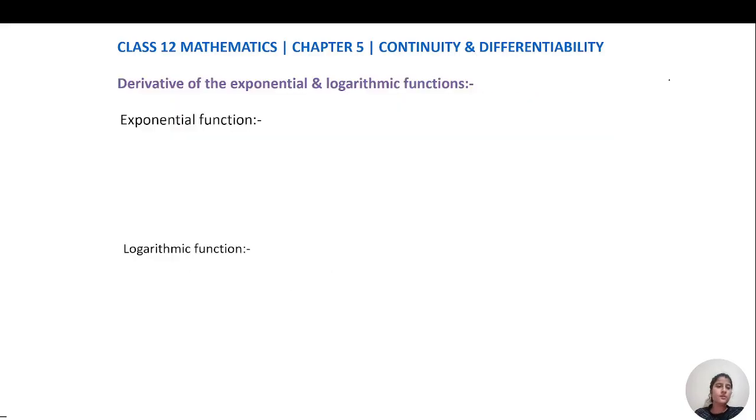Now we have some important derivatives. You will notice in the future, when you go for higher studies, that the derivatives of exponential and logarithmic functions are very important. First we will introduce what our exponential function is and what our logarithmic function is. For an exponential function we always need a base b, which must be positive and greater than 1. Then my function f of x defined as b raised to x is called